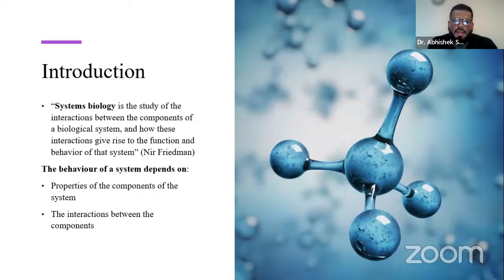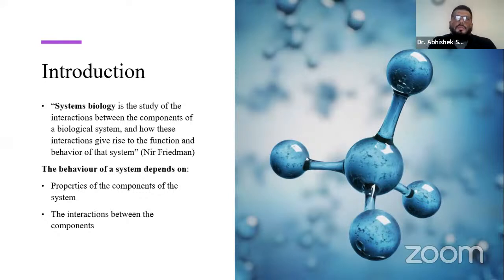As you all know, there is a huge data explosion everywhere in biological sciences and biomedical sciences, and those data are generated using various high throughput techniques, for example NGS and mass spectrometry. Then these data need to get some meaning, right? Otherwise, if we don't get any conclusion or inference from those data, the analysis is of no use. So that's our main aim. Systems biology is one such area.